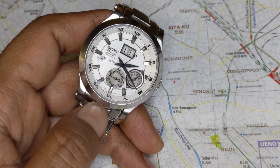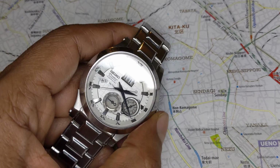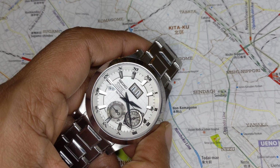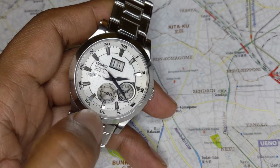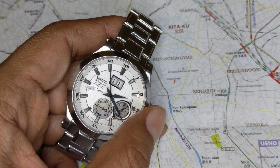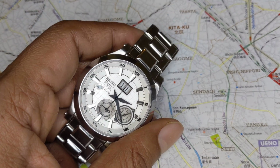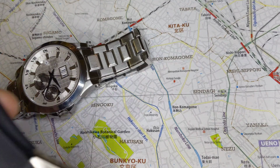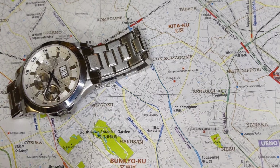Any other thoughts? All I can say is, of the many watches that I own, the Omegas, the Girard Perregaux, the Seikos, the Grand Seikos, you name it, this Seiko Kinetic Premier is still one of the watches I wear as frequently as I can. I know it's not a style for many people. Many people prefer something that's a bit more conventional. I know these divers are insanely popular these days. But honestly, if you ask me,